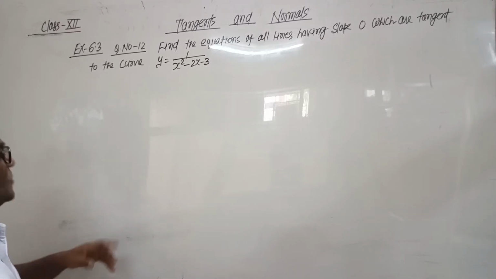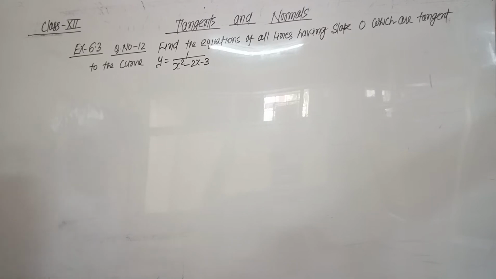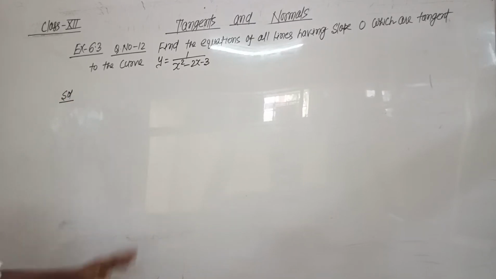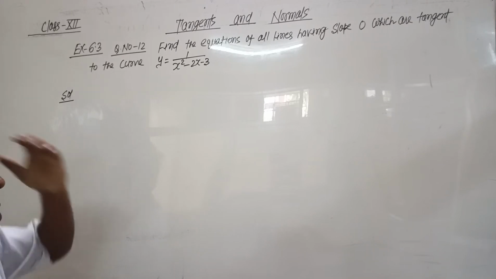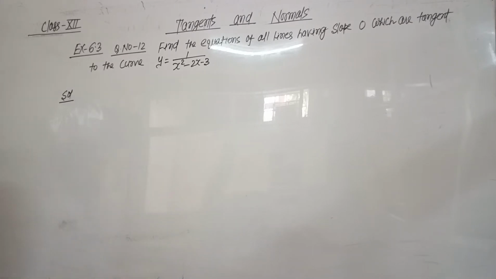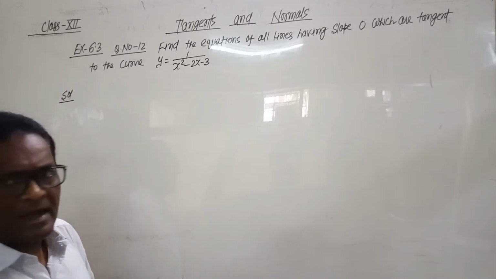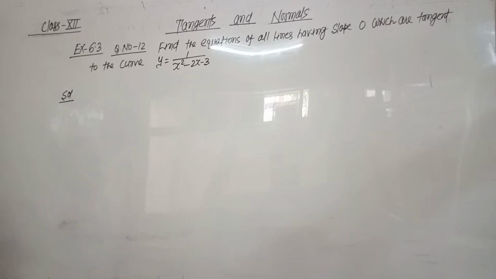पिछले वीडियो में क्वेश्चन नंबर 10 देखा था हमने, एक्सरसाइज 6.3 टेंजेंट्स एंड नॉर्मल। क्वेश्चन नंबर 11 सिमिलर है। अभी हम देखेंगे क्वेश्चन नंबर 12। क्वेश्चन में मेंशन्ड है, फाइंड द इक्वेशंस ऑफ ऑल लाइन्स हैविंग स्लोप 0। We have given the slope of lines are 0 and that lines are tangent to the curve. लाइन जो है इस कर्व के ऊपर टेंजेंट है, तो हमें लाइन का इक्वेशन फाइंड आउट करना है।